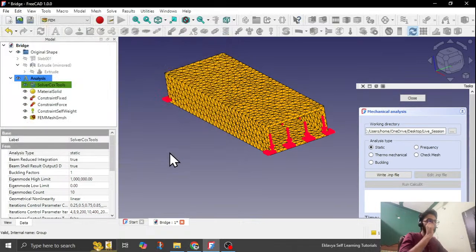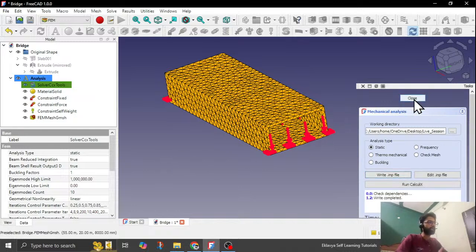The reason being, when we run our macro for generative design and topology optimization, this is the INP file which will be fetched, and there the recurring analysis will be performed, and your new INP files would be generated there as per the iterations, right? So that you can fetch that easily. We need that folder location very well. That's why we have changed the folder location here. Now we'll click on write INP file,